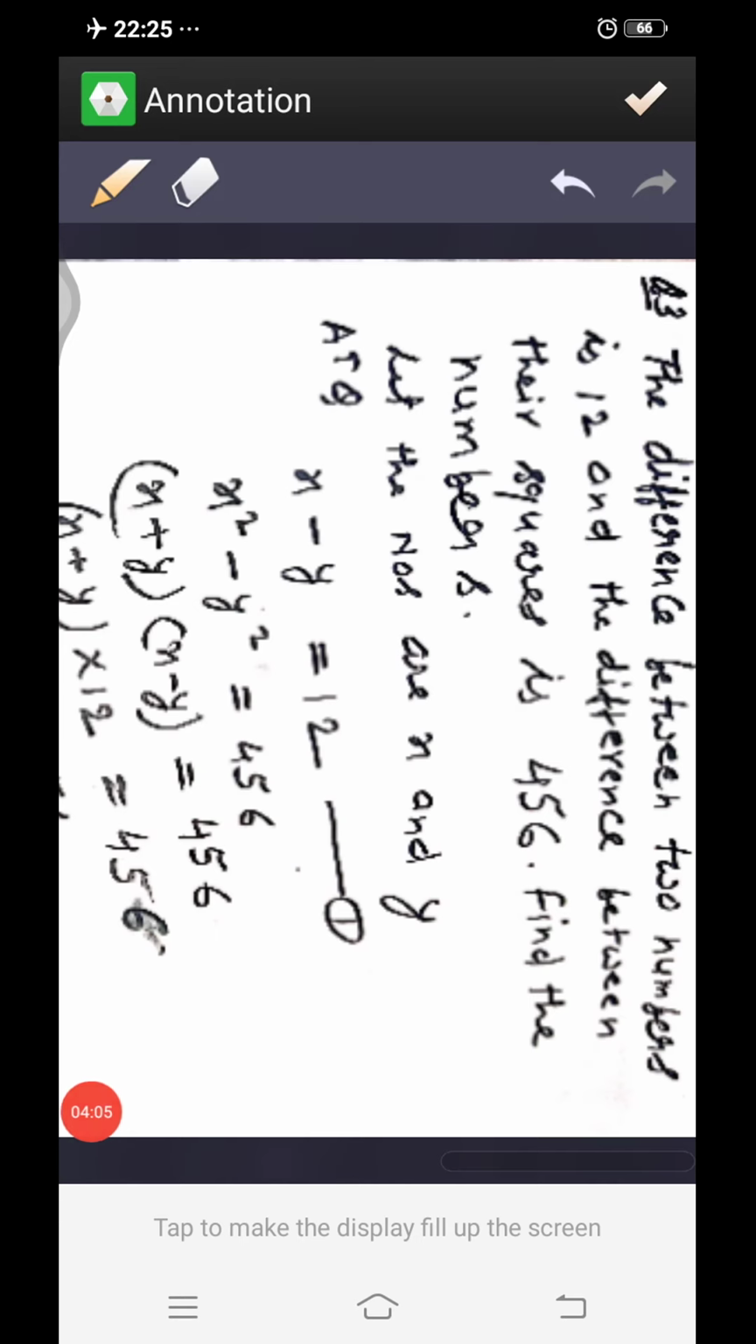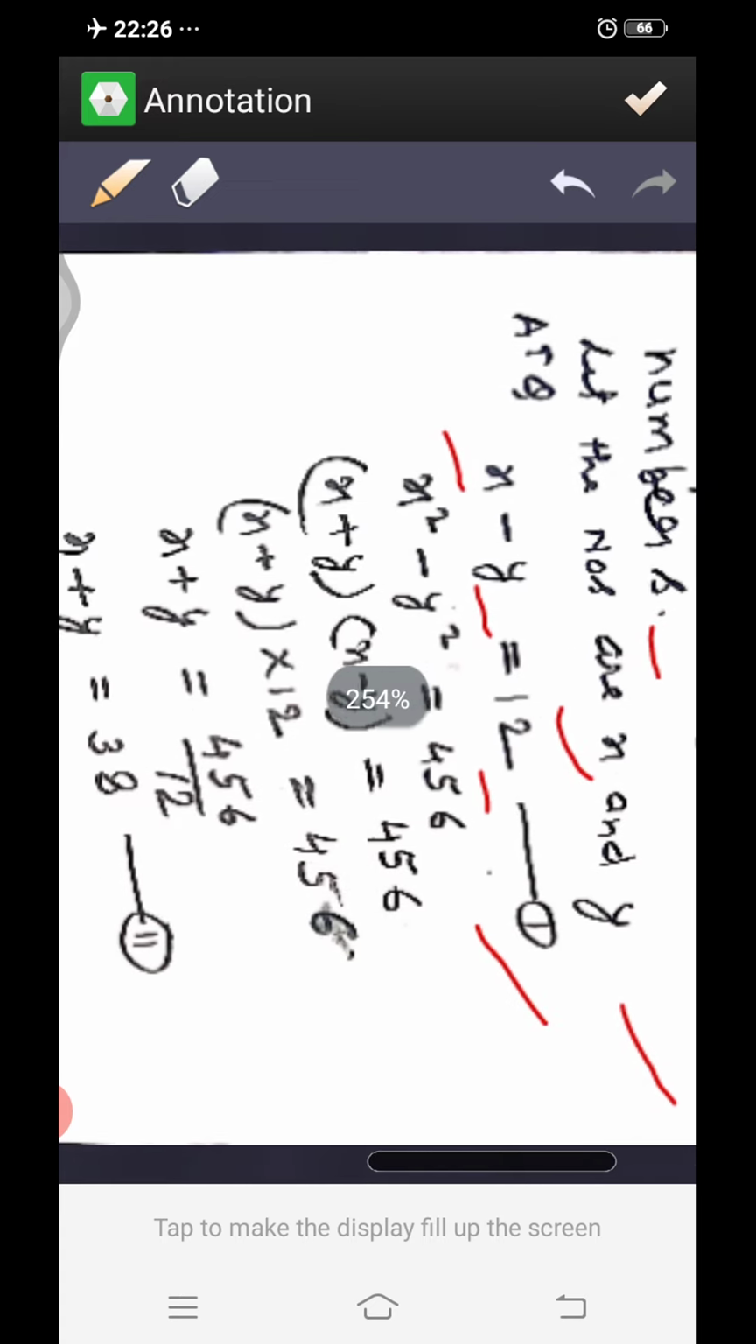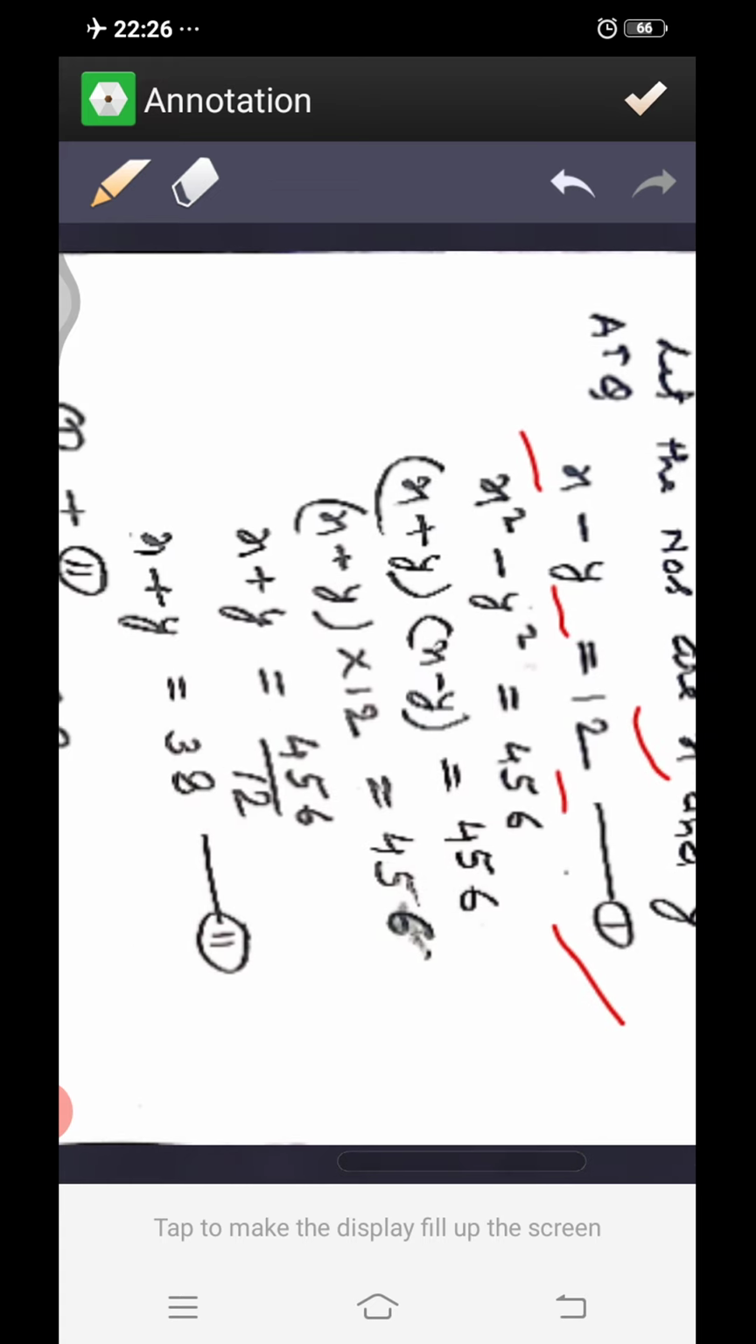Now take another question. The difference between two numbers is 12 and the difference between their squares is 456. Find the numbers. So let the numbers be x and y. The difference between the numbers, that means first number minus second number, x minus y is equal to 12. Their difference is 12. So we get the first equation. Now, the difference of their squares is 456. It means x square minus y square equals